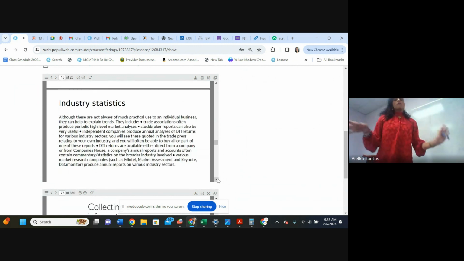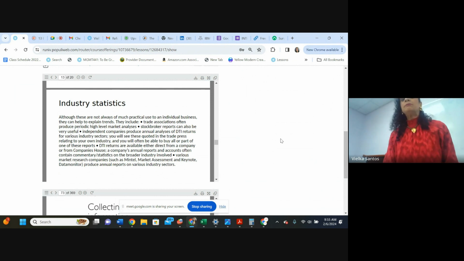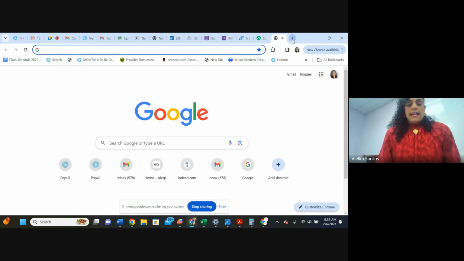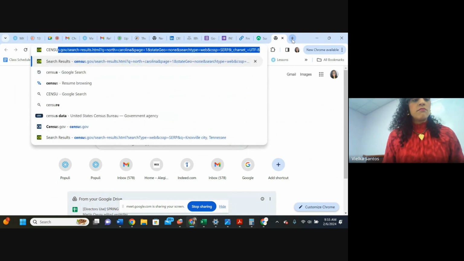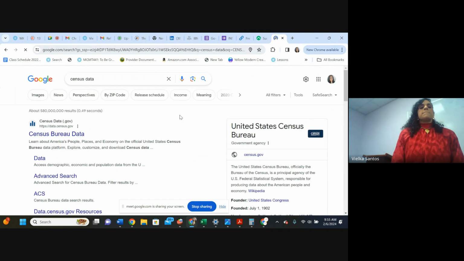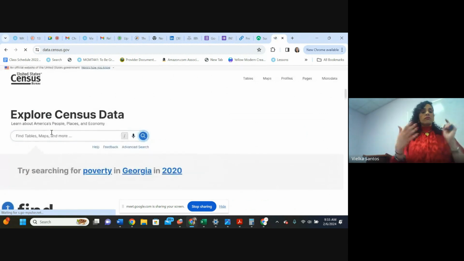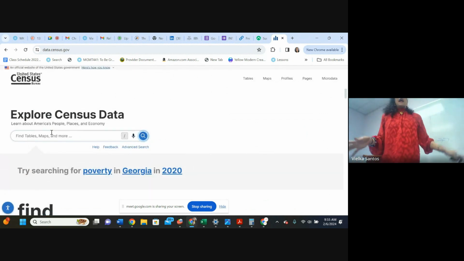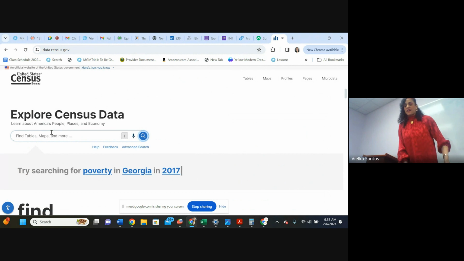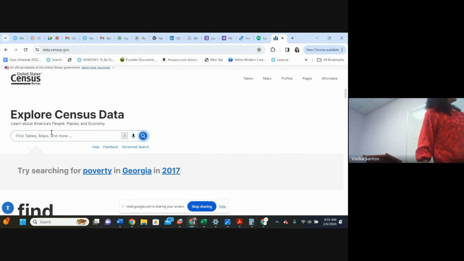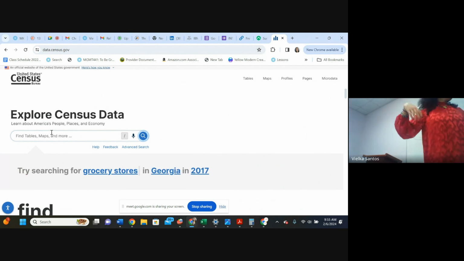Industry statistics, I was talking a little bit about this before, and I will always send you to my community on census.gov. The census is supervised by the U.S. Department of Commerce. And I work with them, that's why. But the census will help you a lot in order to obtain data that is useful for your projects.